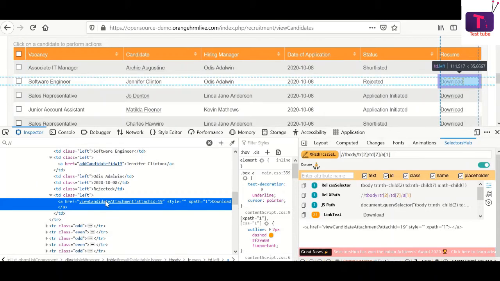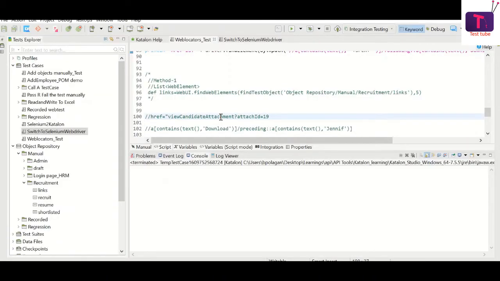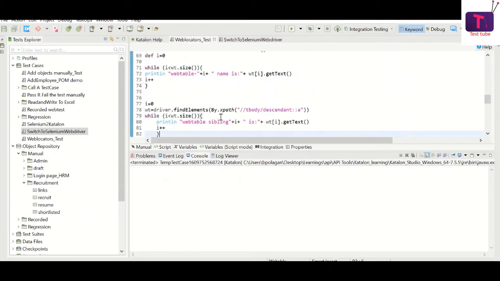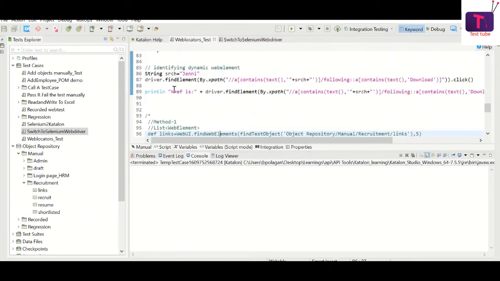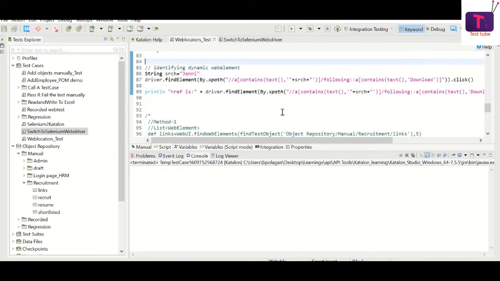And similarly, you have seen an example of using the XPath axes concept to identify that element by using a single line to identify the download resume and download it. So let me run this script once again,